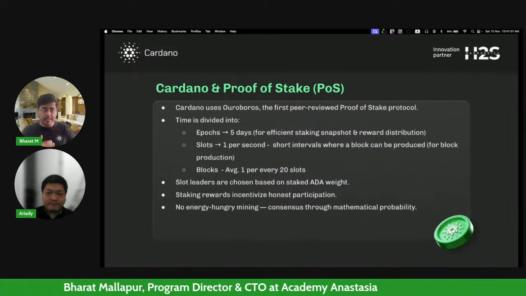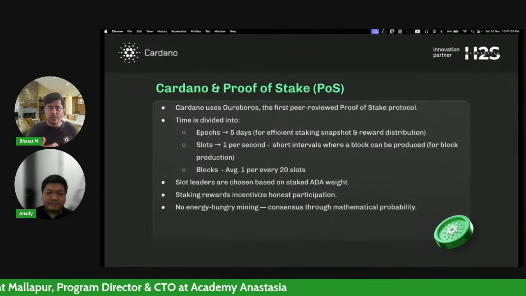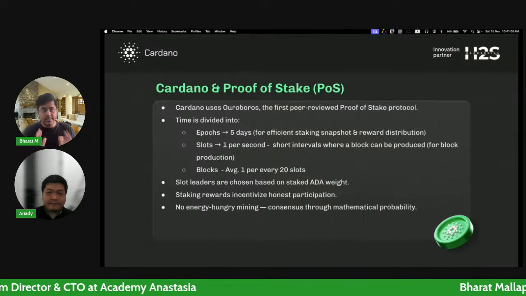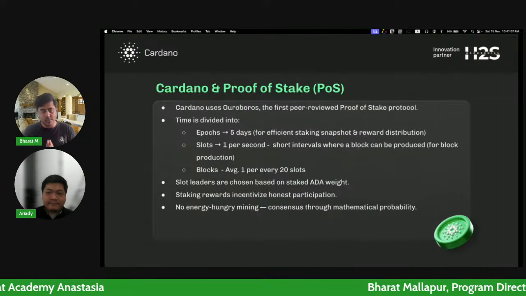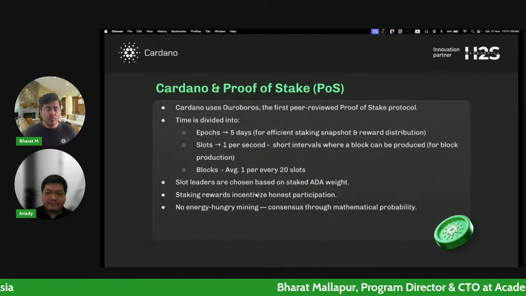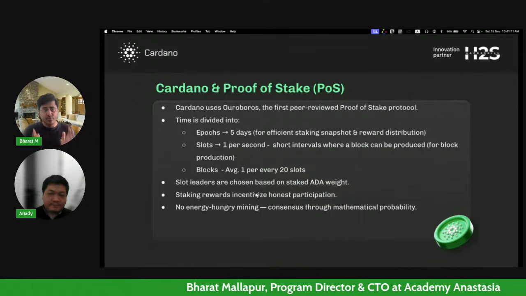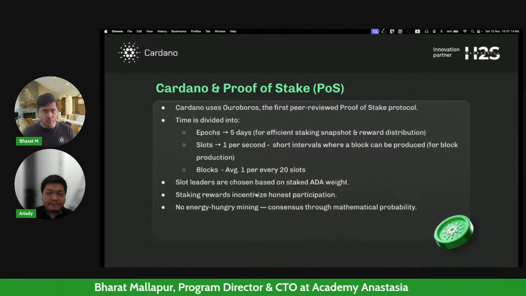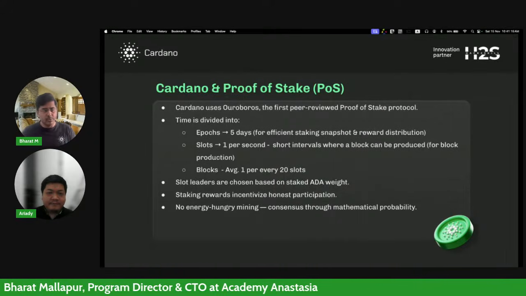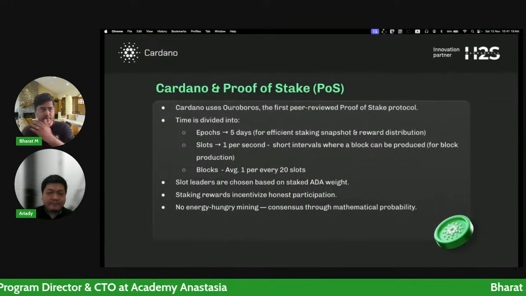Right? And it has been built in many layers over quite a few years. Right? So it is incredibly secure. Till today, as I said, there has not been a single hack. Now, when you're in a proof of stake protocol, basically you want to build blocks, and these blocks have to be built sequentially over time, right?